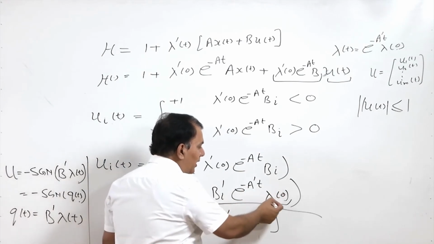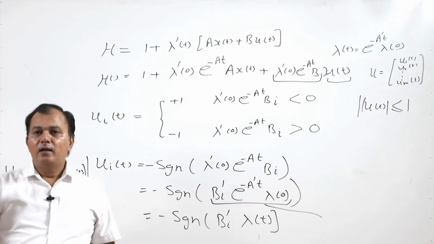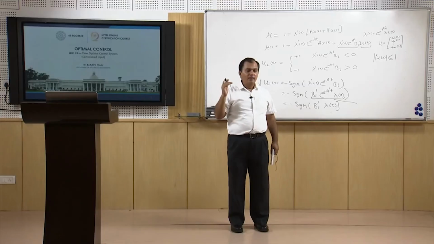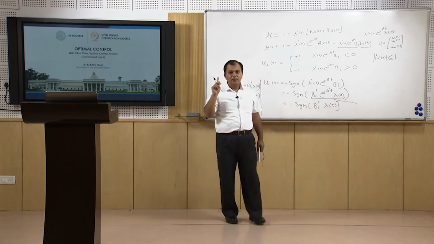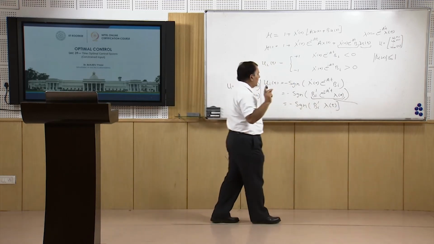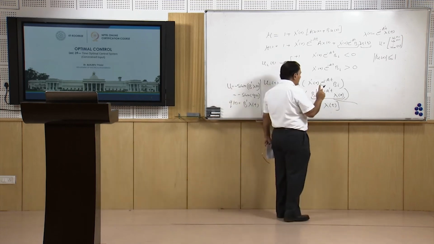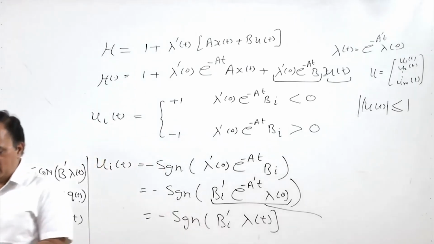So, if I select a 0 vector for lambda 0, then this term may be 0. So, that is why we have considered initially that lambda 0 should be a non-zero vector. So, this term is normally non-zero,